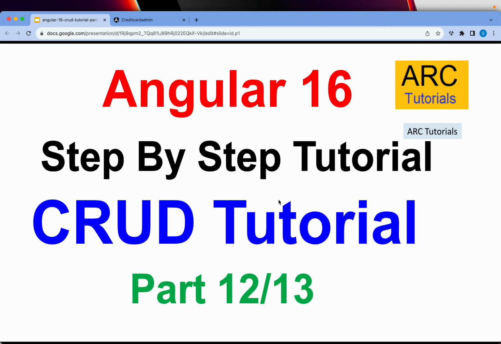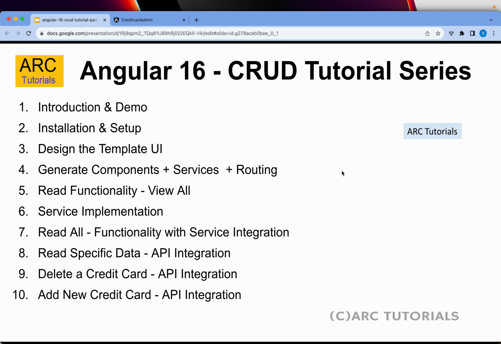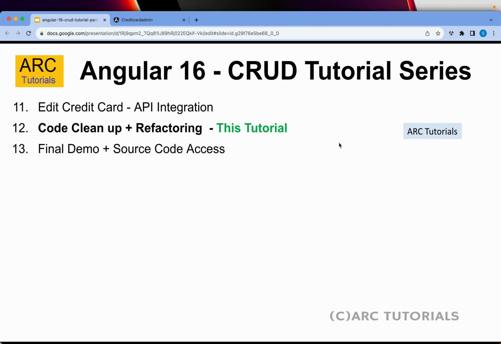This is Angular 16 step-by-step guide for creating CRUD operations. We are almost reaching the end of this particular mini series. We have covered so far creating of template, designing the template, generation of components, services, routing, all the CRUD functionality, read, update, delete, and today we are going to do a little bit of code cleanup and refactoring of the